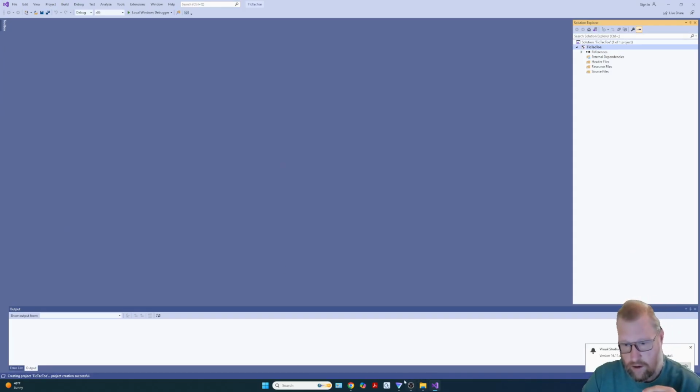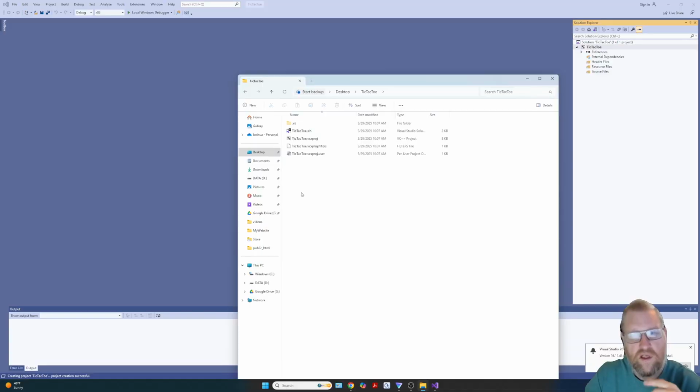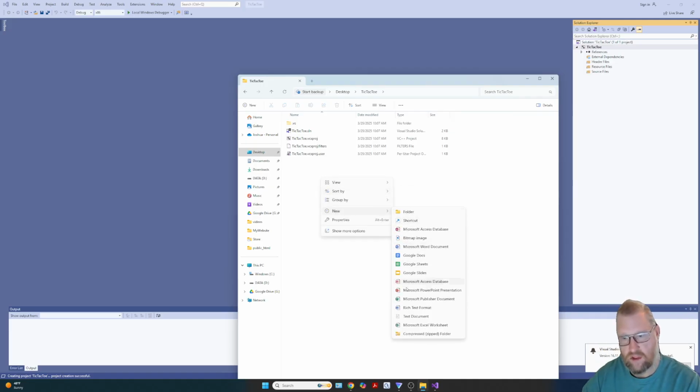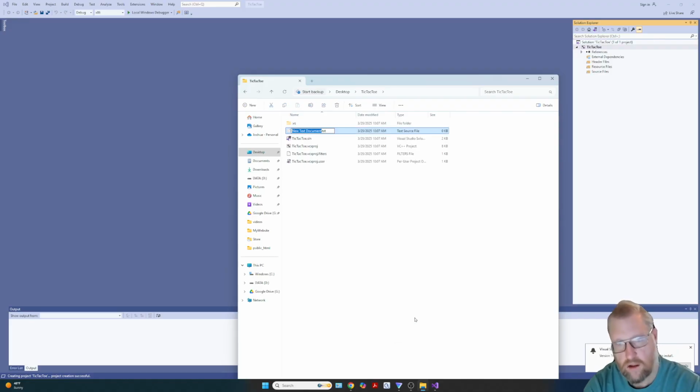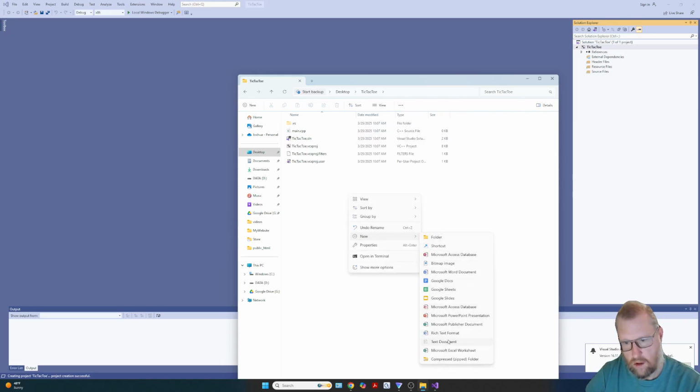All right, our project folder is available to us. Tic-Tac-Toe. I'm going to go ahead and just add some files here. It's going to be text and we'll add it to the project. This one will be main.cpp. And then I'm going to have another one called Tic-Tac-Toe